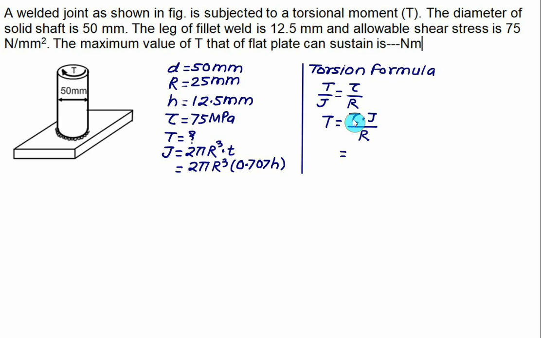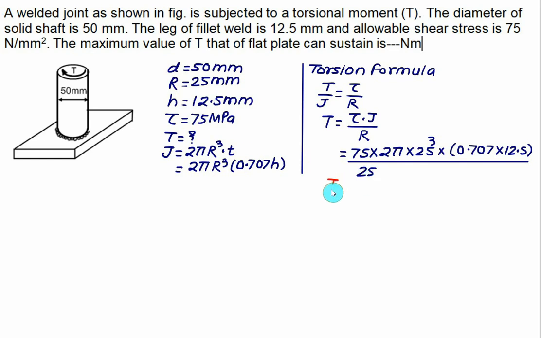So we have shear stress given as 75. Polar moment of inertia is 2 pi R cube, so we have 2 pi, radius is equal to 25, so we have 25 cube, into 0.707, multiplied by leg size h, which is 12.5. The whole thing is divided by the radius R, which is equal to 25. So in this case the torque T will be equal to